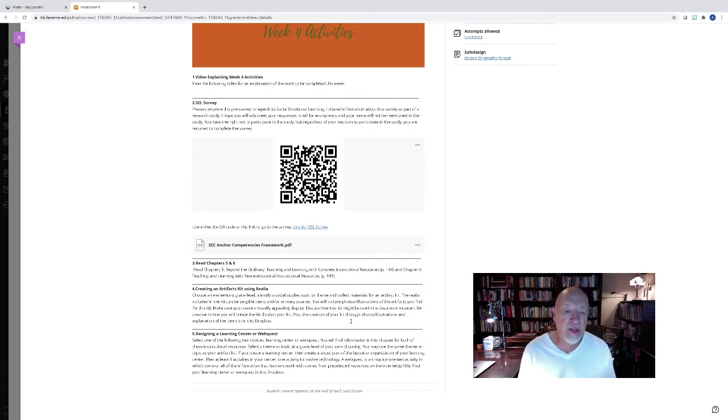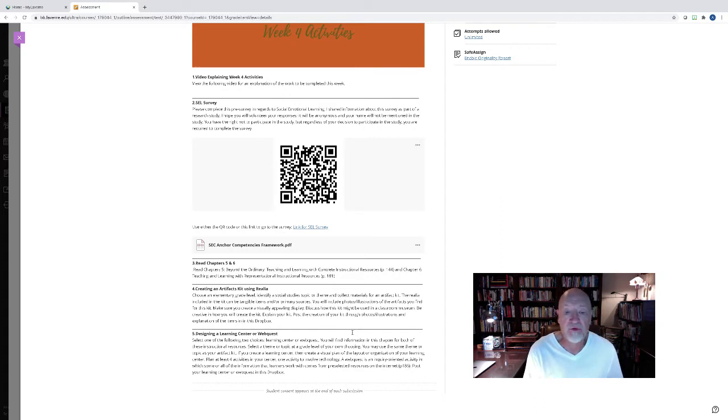And both of these are also mentioned in the chapters. So you're going to select one of the following 2 choices, a learning center or a web quest. It does not matter to me. You're going to find information in this chapter for both of these instructional resources. You're going to select, again, a theme or a topic at a grade level of your own choosing. It may be the same theme that you used in your artifact kit, which is fine, or you can use